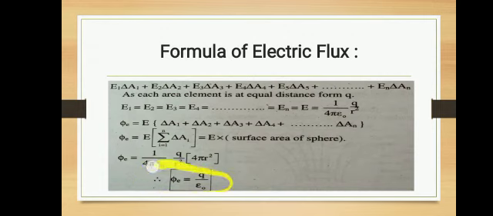Okay, so this is the required electric flux through a surface enclosing a charge. Phi E is equal to Q over epsilon naught. Okay, this is the required electric flux through a spherical shape body enclosing a charge, or in other words you can say this is electric flux through a circular shape closed path having a charge within the center.